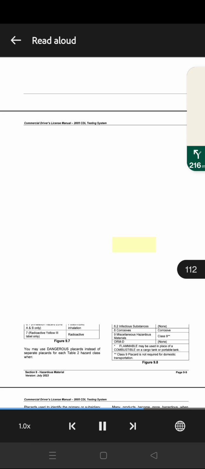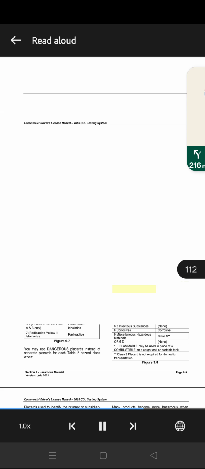Category of material, hazard class or division number and additional description, as appropriate. Placard name. 1.4 Minor explosion: Explosives 1.4. 1.5 Very insensitive: Explosives 1.5. 1.6 Extremely insensitive: Explosives 1.6. 2.1 Flammable gases: Flammable gas. 2.2 Non-flammable gases: Non-flammable gas. 3 Flammable liquids: Flammable. Combustible liquid: Combustible. 4.1 Flammable solids: